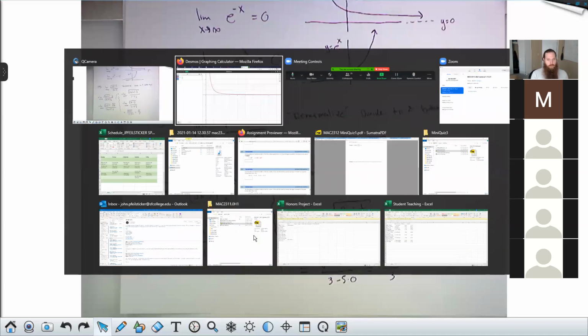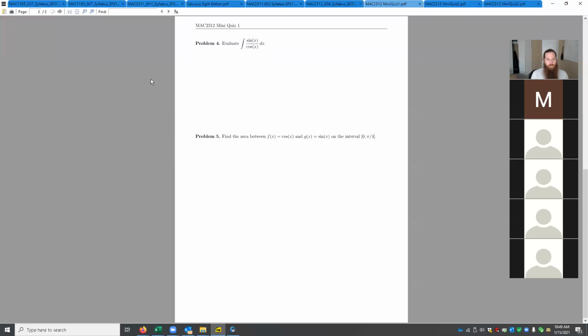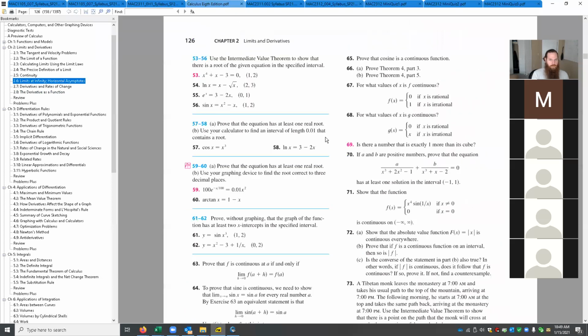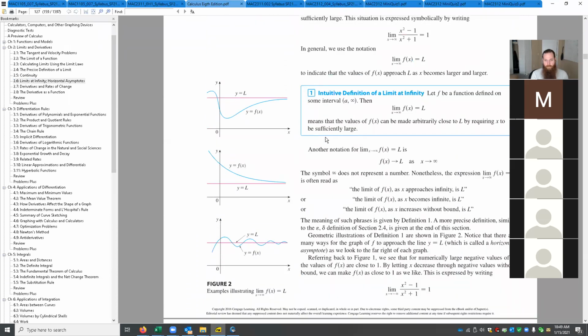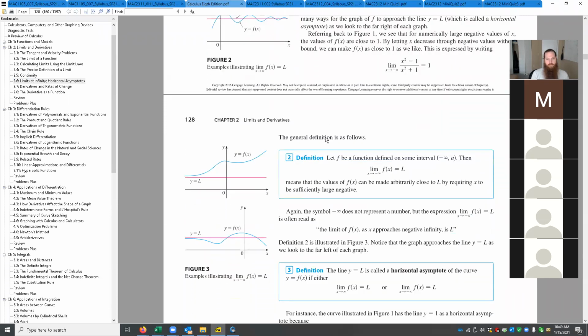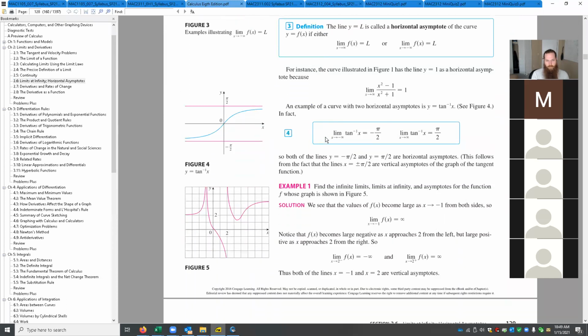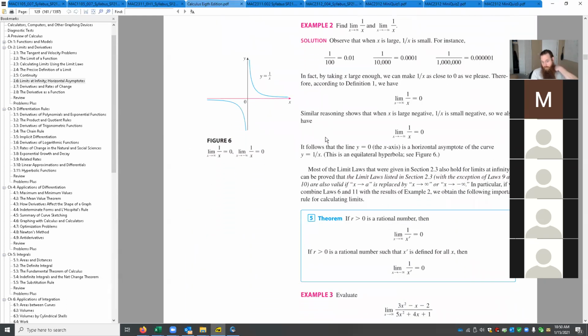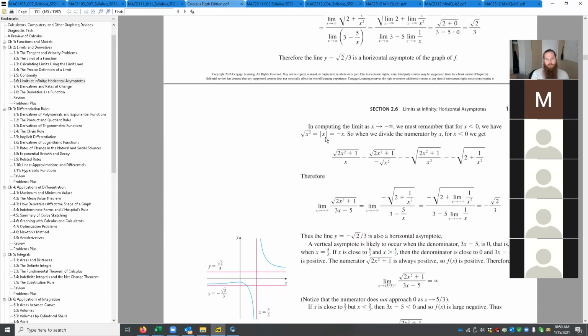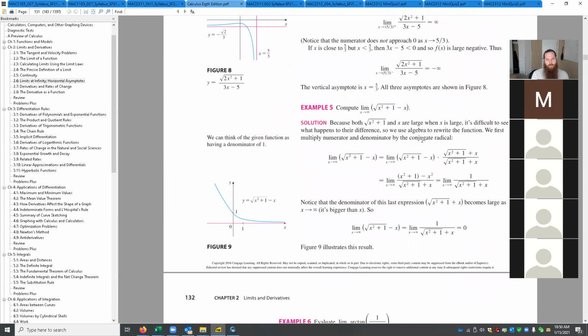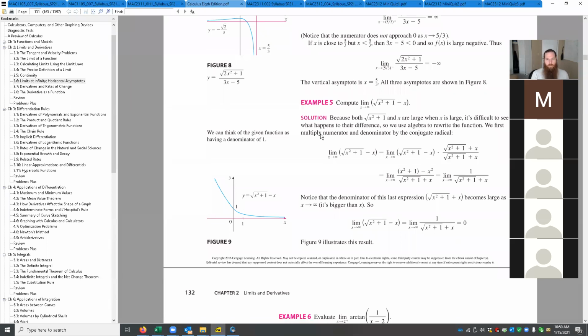I want to recommend in strongest possible terms that you guys read the textbook. Okay, read section 2.6. It's a good section. They have more examples than we've had time to go over here. They have lots and lots of pictures. Those pictures will help. They discuss the special limits that we talked about. They discuss the graphs. They discuss all the theorems. So please read this book. All right, read section 2.6. It will help you. Example 5 here, I would have liked to have done something like this, but we've run out of time, so we won't be able to. But read example 5,